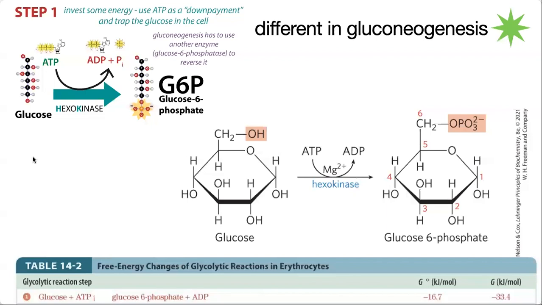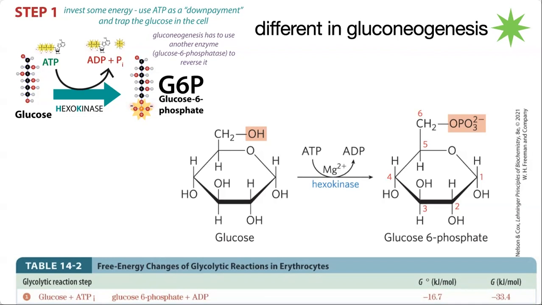The first step is taking glucose and phosphorylating it. This is just a simple kinase reaction, except that this kinase is going to be regulated, as we'll talk about. This is hexokinase. In our liver, we have a form called glucokinase, and we'll talk more about that later. But basically what this is doing is trapping the glucose inside of our cells. Remember how our membrane is hydrophobic, so it's not just going to let a phosphorylated glucose through. And so we're going to phosphorylate it and trap it inside of